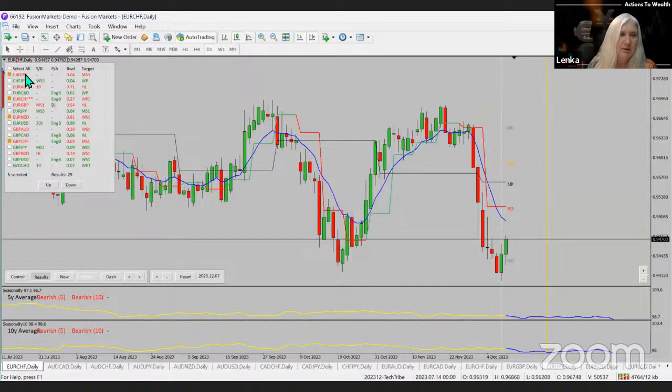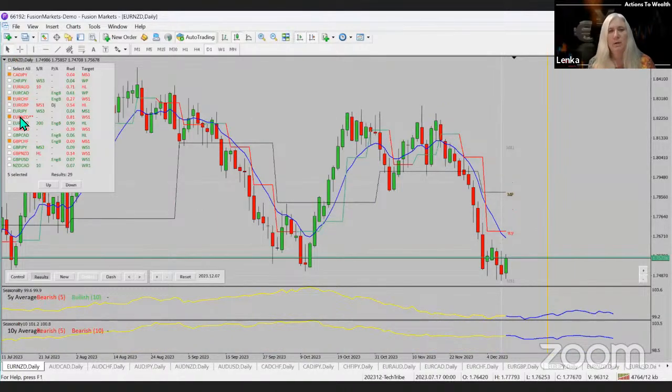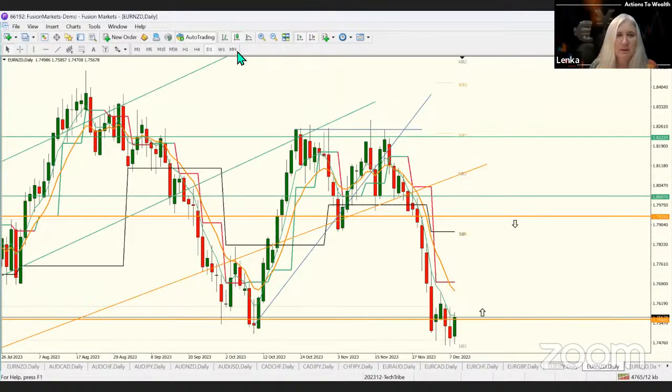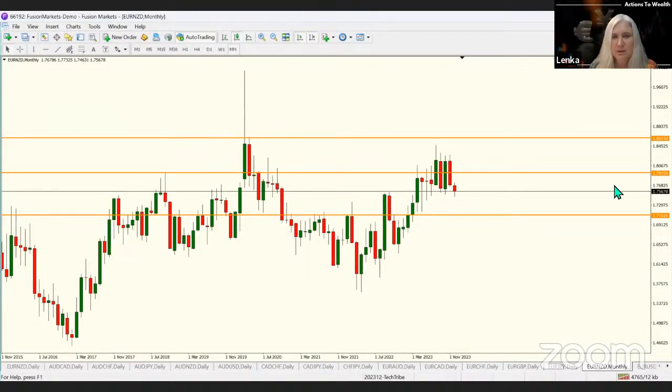The next currency pair I will be looking at is Euro New Zealand. And Euro New Zealand, also looking at short at the moment. So Euro New Zealand is here. On the monthly chart,